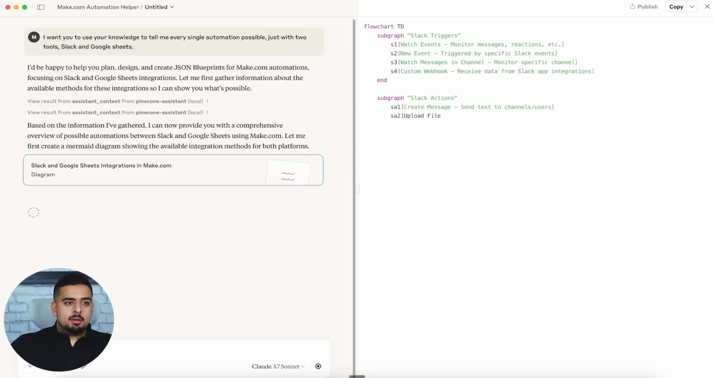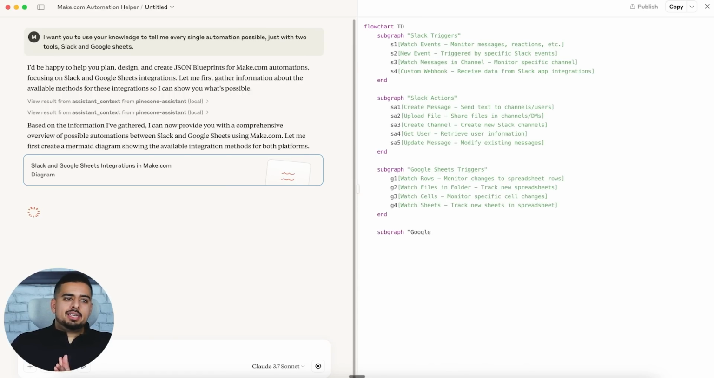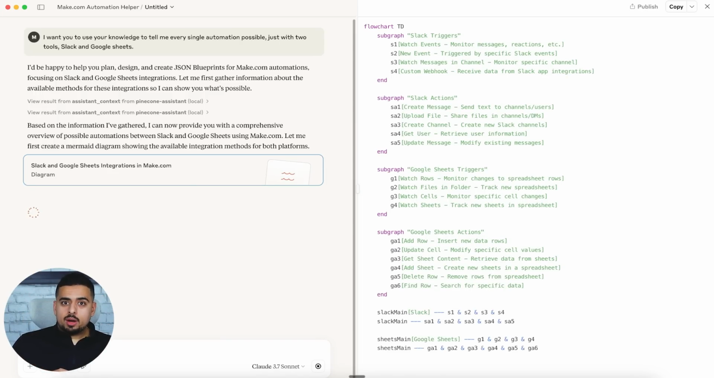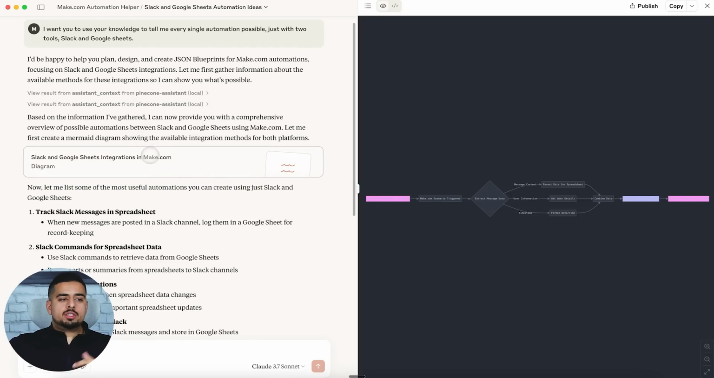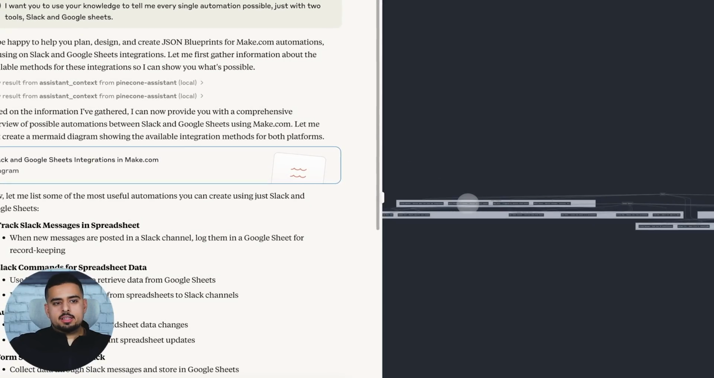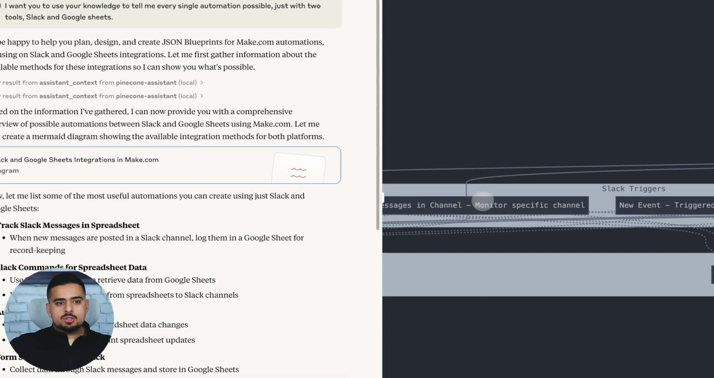It's designing a Mermaid diagram, which if you don't know is a bunch of code that you typically have to manually write to create a flowchart. But since we can use artifacts in Claude, it will visualize that Mermaid diagram for you and you'll see what we'll get. So now for both integrations, if you click on these artifacts and zoom in, you'll see it's talking